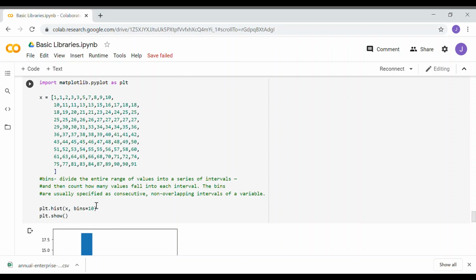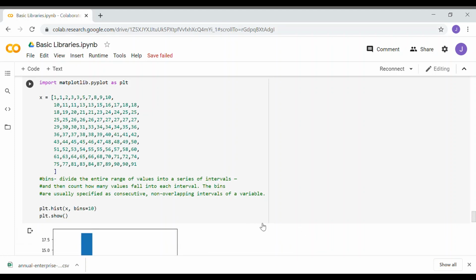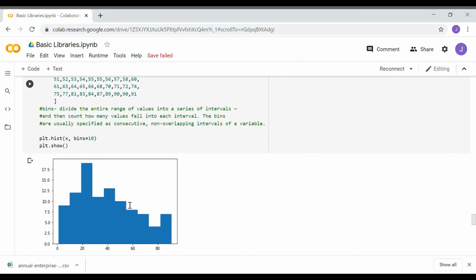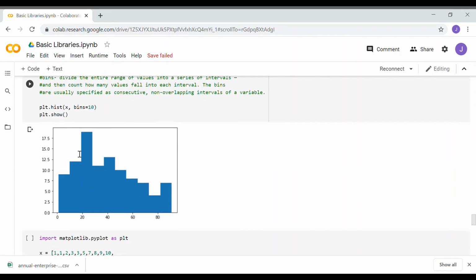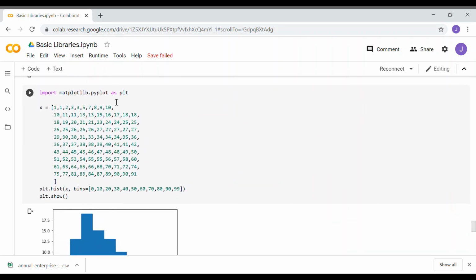The bins are usually specified as consecutive, non-overlapping intervals of a variable. Plotting a histogram, we can show it by plt.show.